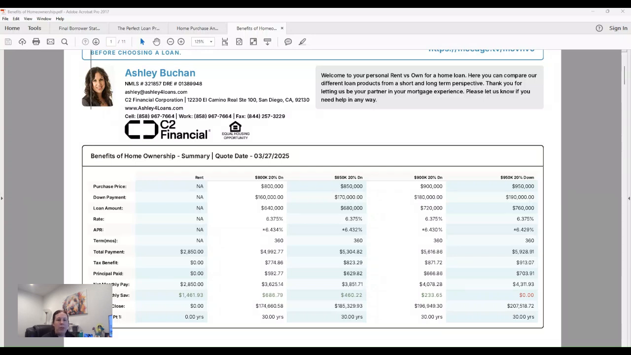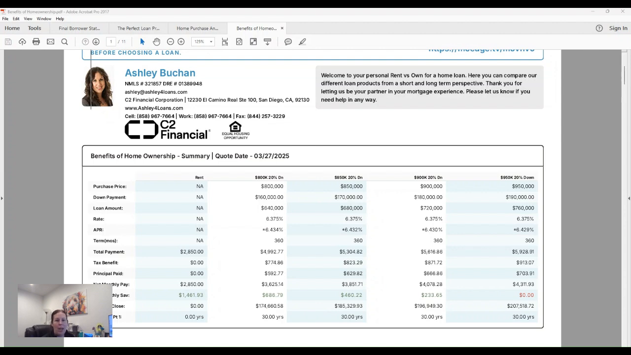This is a rent versus own analysis, and here I'm showing you four different scenarios. So you have a person who's currently renting and they're paying $28.50 in rent per month. And then here you can see I've got four options: an 800,000 purchase price with 20% down, and then I increase by 50,000 increments. So 850 with 20% down, 900,000 in price with 20% down, and 950 in price with